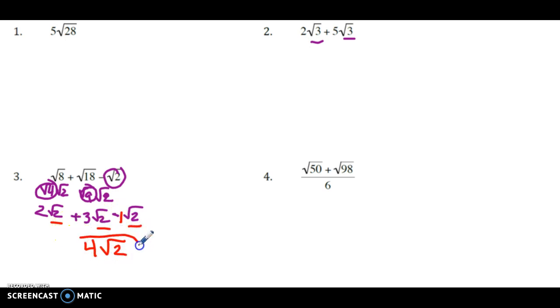And that's it. Can't do anything else with that. You can't take the square root of 4 because it's not under a square root. You're just done. Okay, over at question number 4, I'm going to start with the square root of 50